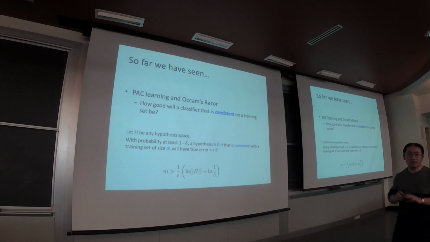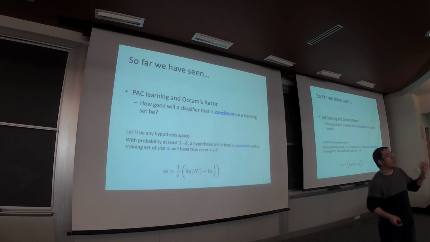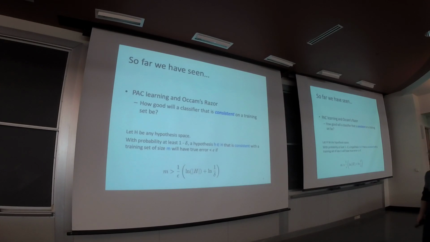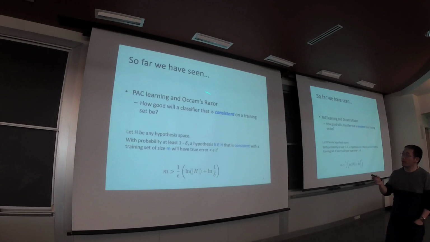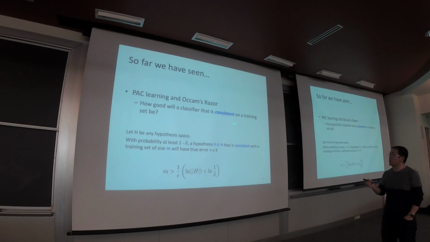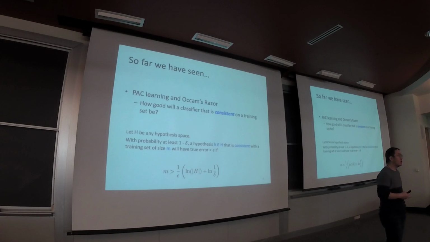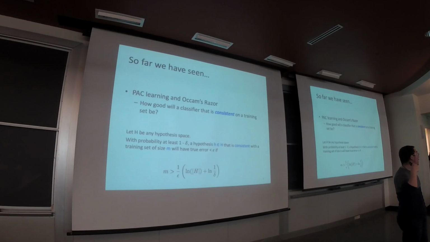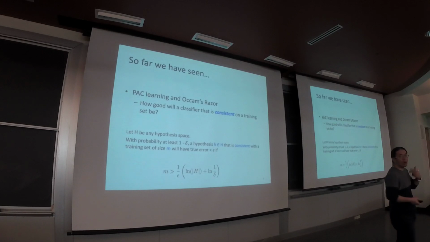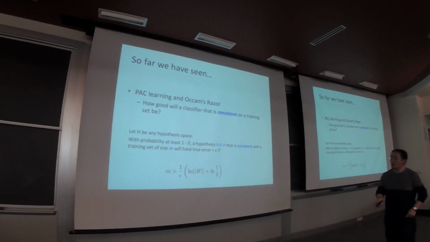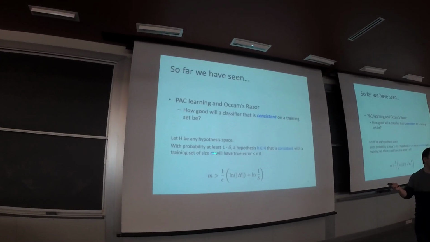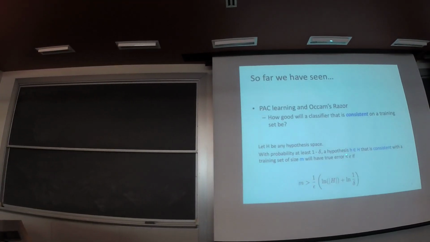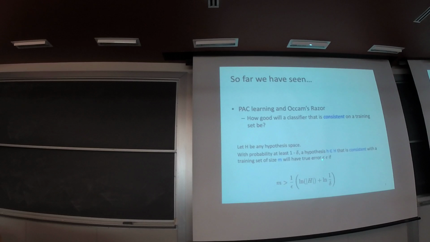Principle with very elegant sample complexity bound, right? But those results were derived when we assume our learned classifier is always consistent with the training sample. In other words, your learned hypothesis has zero training error. And then we can show that when the number of training examples m is bigger than some lower bound, we can guarantee that with high probability, 1 minus delta, where delta is the confidence level, our learned hypothesis will have true error less than the designated level epsilon. Right? So as long as,